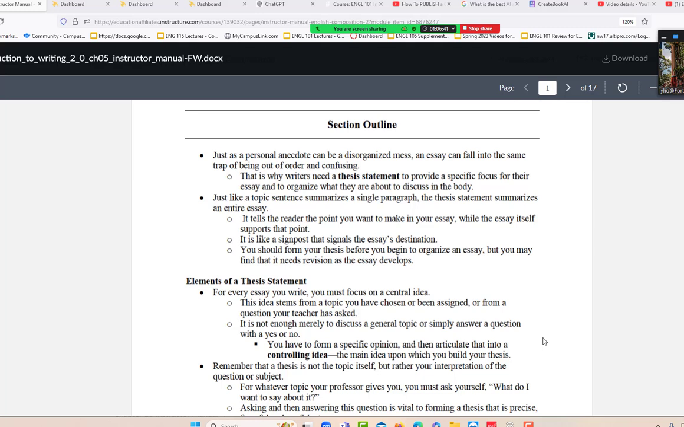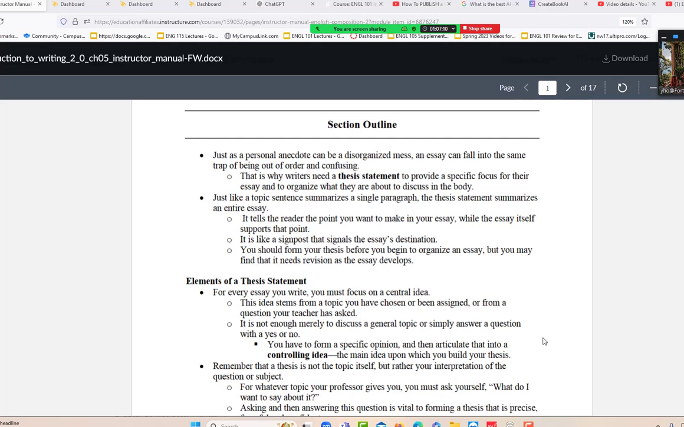For every essay you write, you must focus on a single idea or central idea. This idea stems from a topic you have chosen or been assigned, or from a question your teacher has asked. It is not enough merely to discuss a general topic or simply answer a question with a yes or no. You have to form a specific opinion and then articulate that into a controlling idea, the main idea upon which